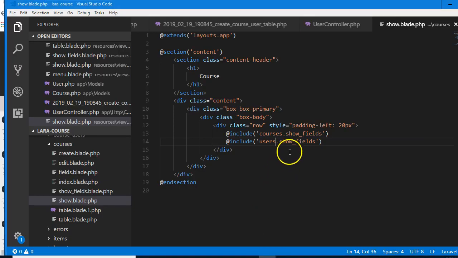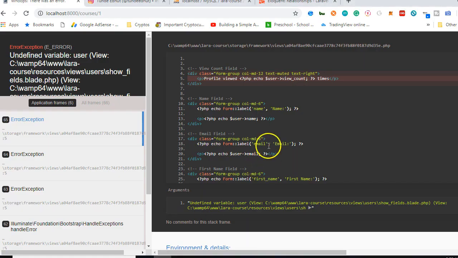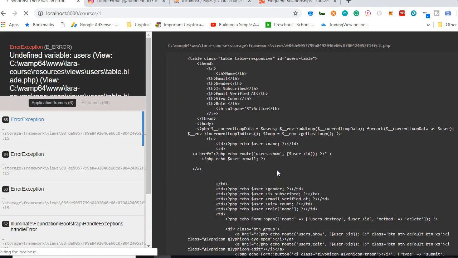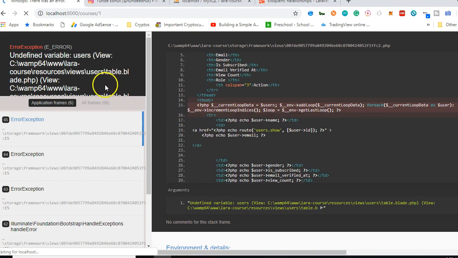So we're going to users folder, linking the table that displays the list of users. Let's reload and see. Okay, now we have a different error. It says undefined variable users. So if we come here, we will see that it's not seeing the variable at all. The reason is that we've not done our due diligence in